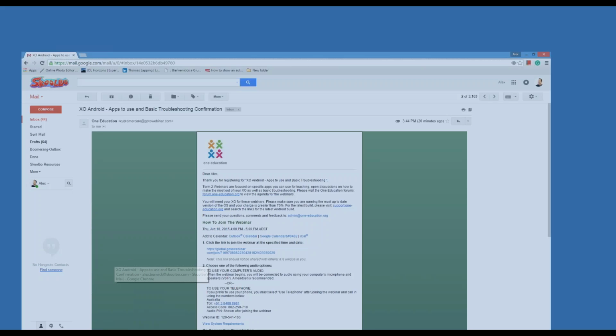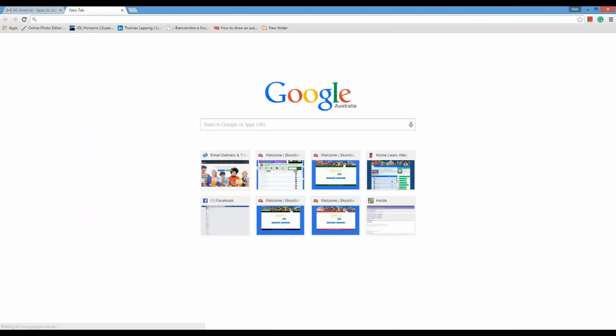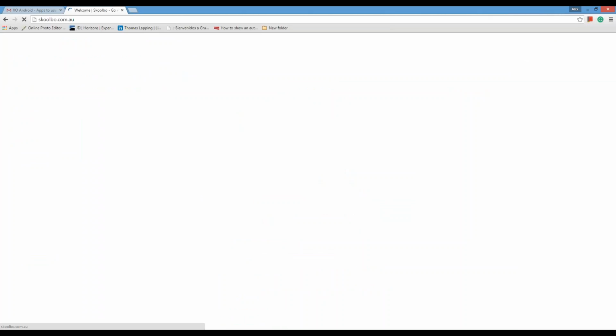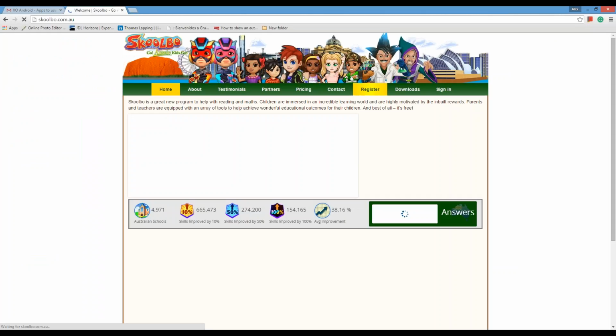Okay, so I'll just quickly address Pollyann. If you can see my screen, I'll give you a quick idea, anyone else who hasn't started yet, of what you need to do, how to register. It's really, really easy. All access schools get Skoolbo for free for life. It's an agreement we have. So all you need to do is go to skoolbo.com.au and go to this section here, register. Let's wait for the page to load. Yeah, so go in here and register.